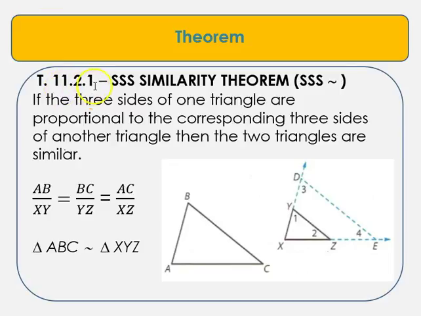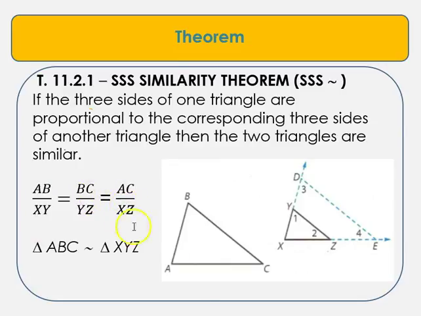Theorem 11.2.1, we've just done the AA postulate, but now we can move to the side-side-side similarity theorem. This is very much the same as side-side-side congruence, with the exception that even though the angles are congruent, the side lengths are different sizes. So to prove this and to use this theorem, what we can do is set up our